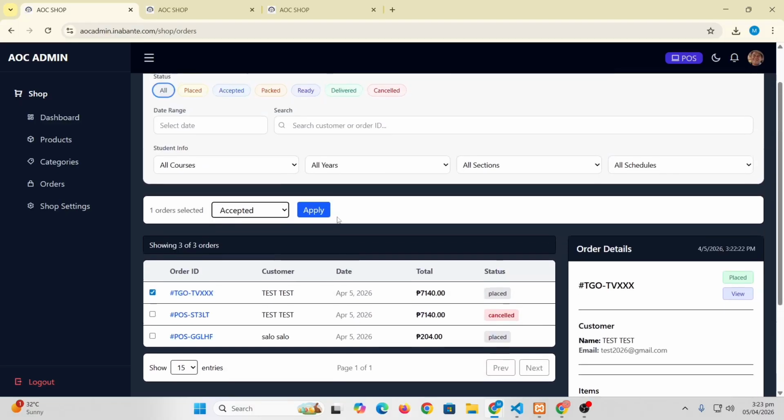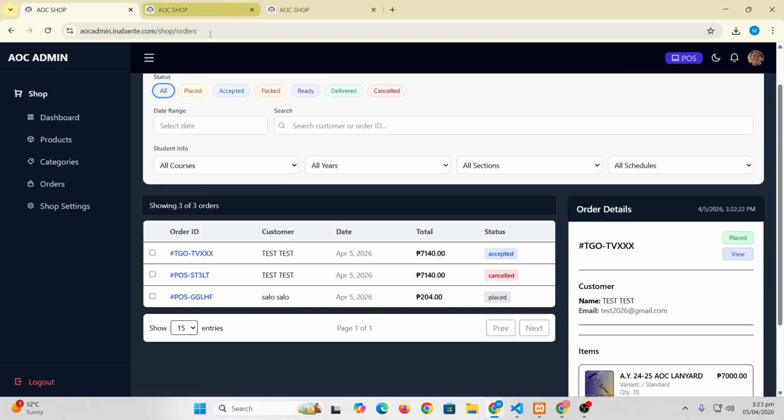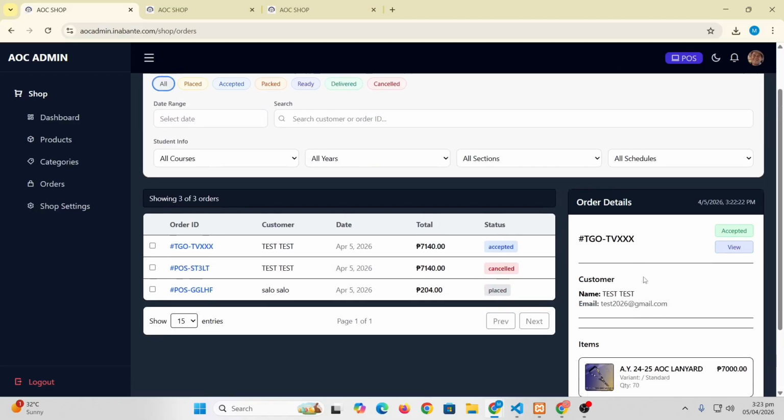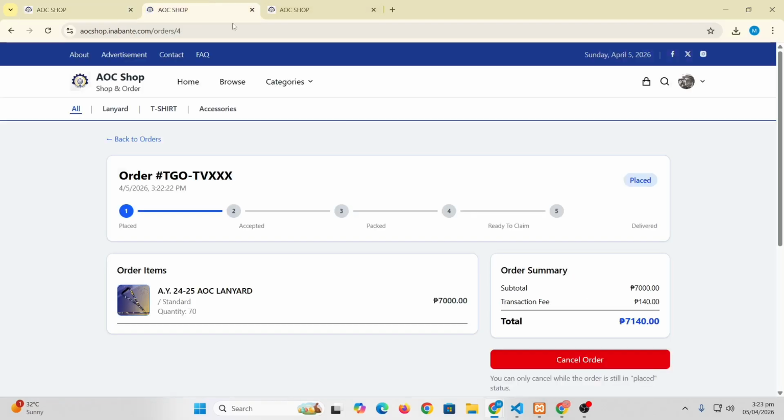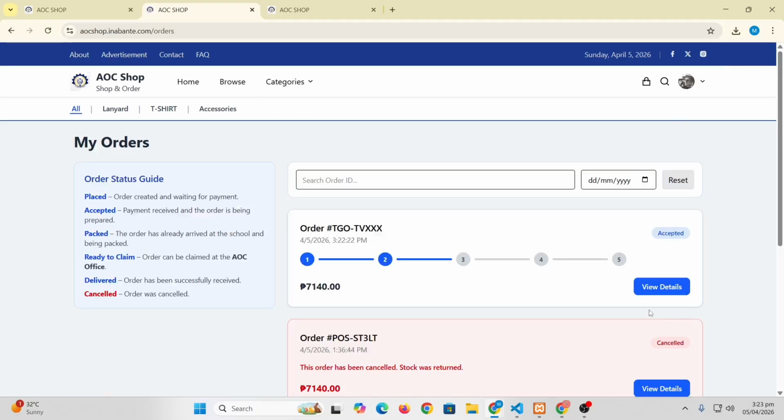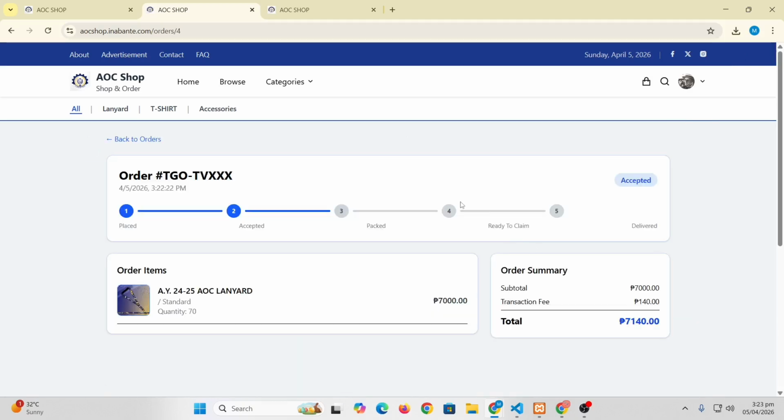And if I accept that one, the status of the order will be accepted. Meaning this cancel order will no longer be displayed since we accepted the order. Let me check the orders again and view details. As you can see, it's accepted, and in view details, the order is accepted, so you can no longer cancel the order.